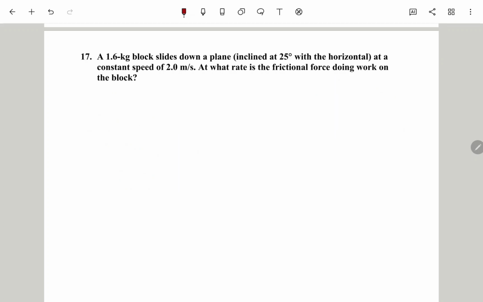A 1.6 kilogram block slides down a plane inclined 25 degrees with the horizontal at constant speed 2 meters per second. At what rate is the frictional force doing work on the block? Now again, same situation as before, this one here. Now this is 25 degrees, and we have a block here, and the weight mg and mg cosine theta and mg sine theta, and this is the normal